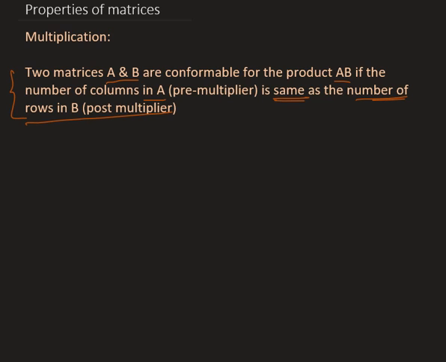Therefore, if A is a matrix of order m cross n, and B is a matrix of order n cross p, then the product of the matrices, defined as AB, is nothing but a matrix of order m cross p. Okay, and it is defined as